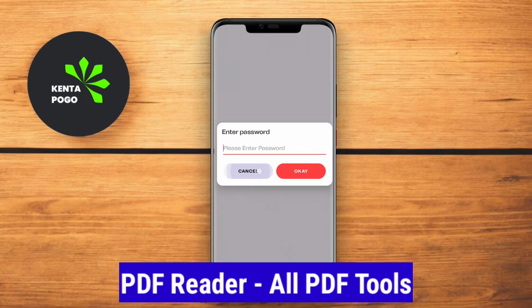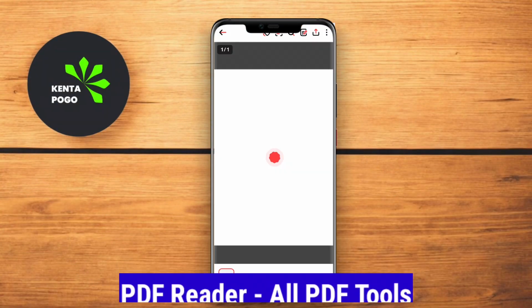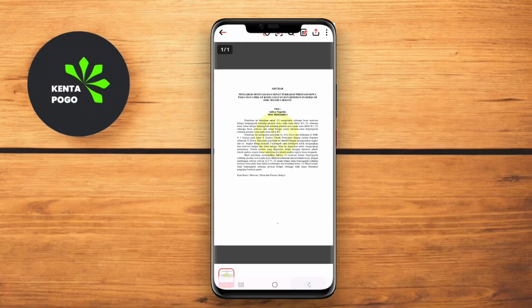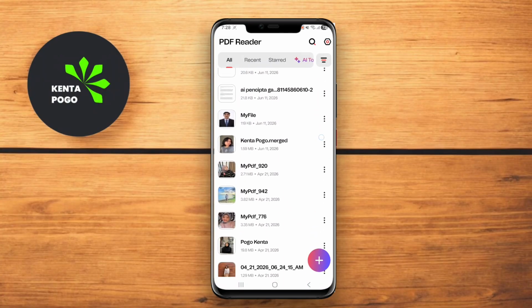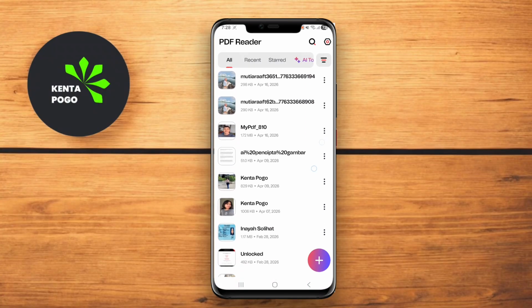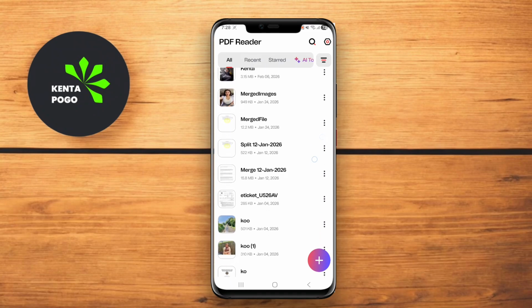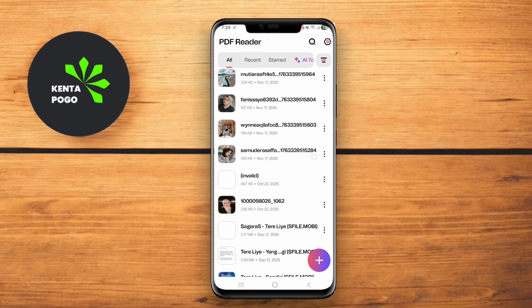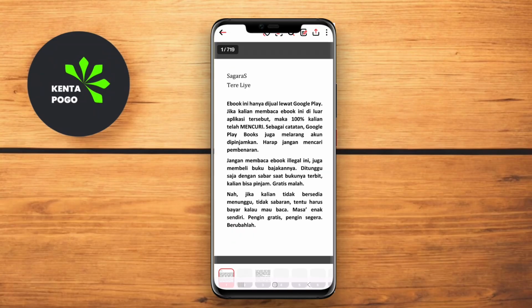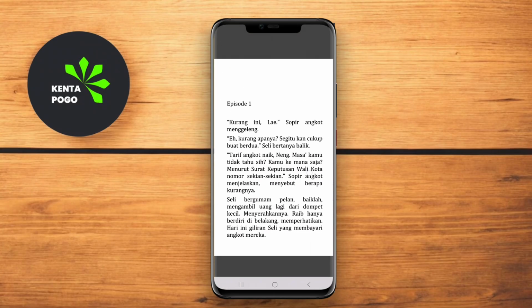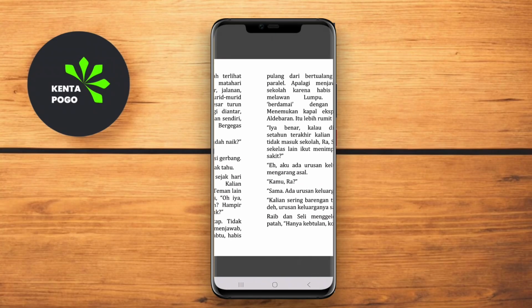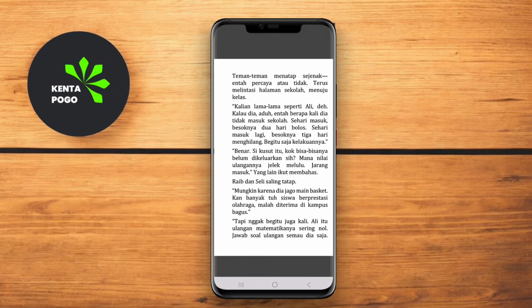PDF Reader All PDF Tools. PDF Reader All PDF Tools is a comprehensive app that offers a wide range of features for managing PDF files. In addition to basic reading capabilities, it includes tools for editing, annotating, and converting PDFs. Users can highlight text, add notes, and draw on PDF documents, making it ideal for students and professionals who need